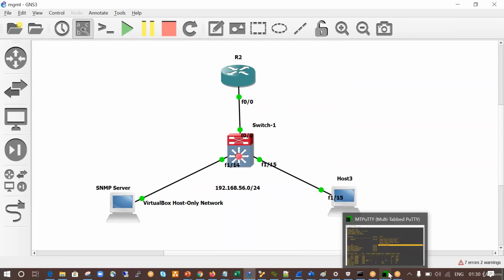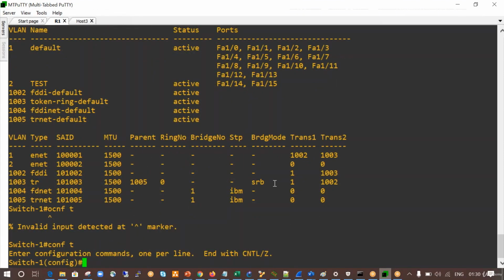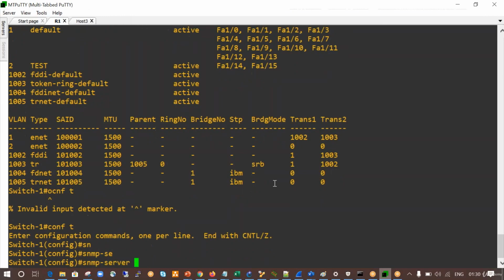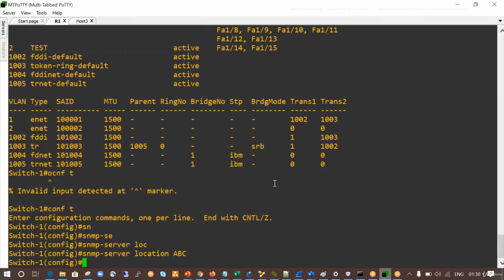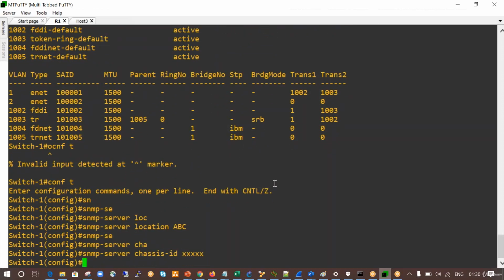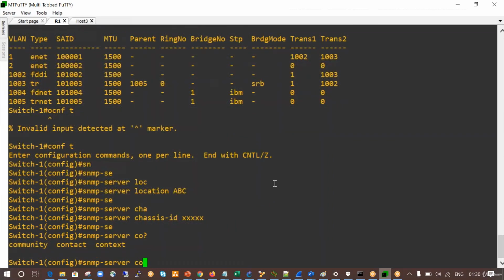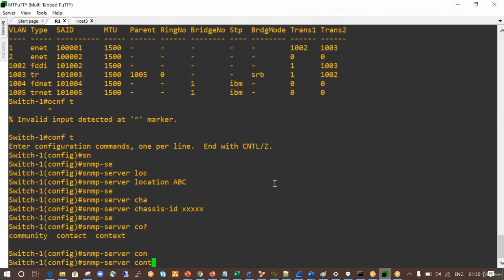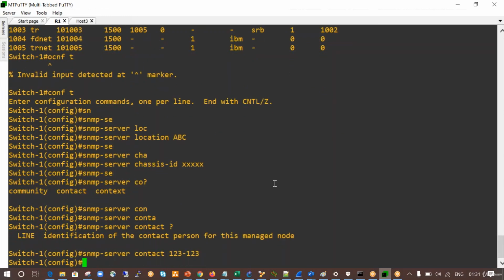Alright, so what we want to do here is the SNMP configuration for the switch. I can do SNMP server location, for example EPC, then SNMP server chassis ID, and then SNMP server contact.